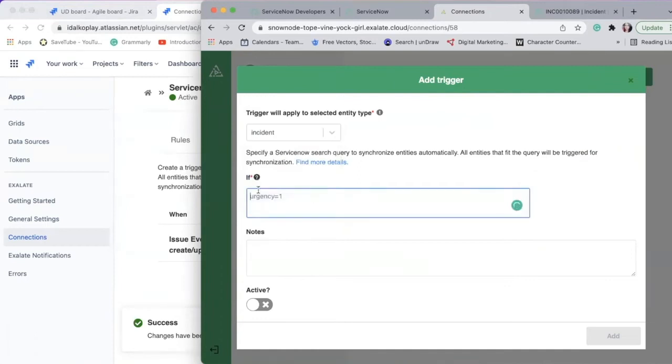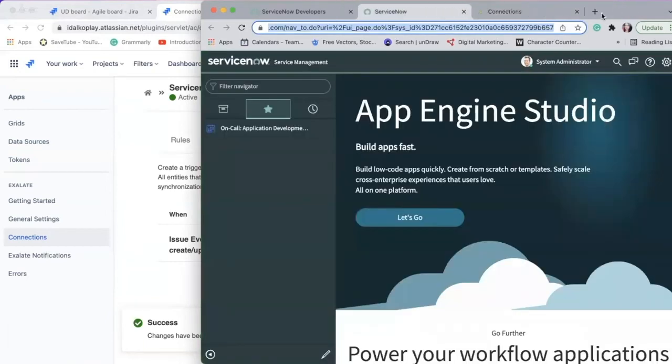And here you should use the ServiceNow advanced search syntax to filter the issues that you need to send over to the other side. Okay, let me quickly show you how to do it on the ServiceNow side because it's pretty simple. If you go to Incidents in ServiceNow,